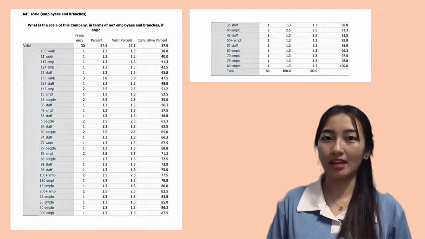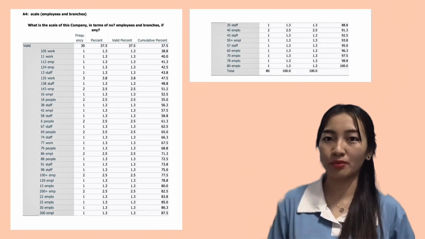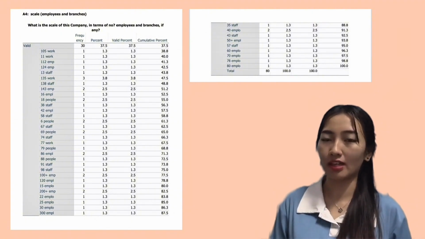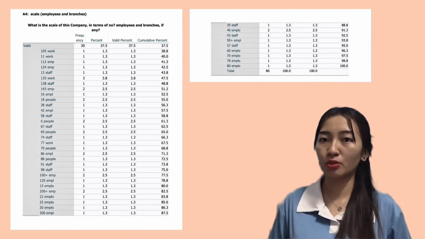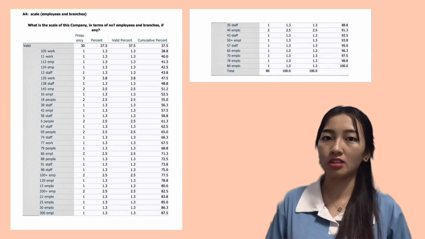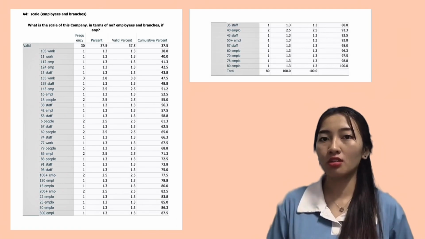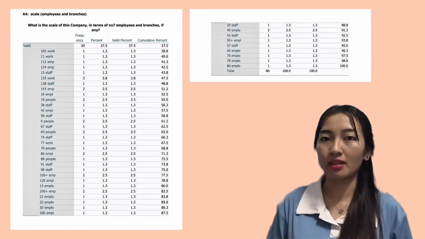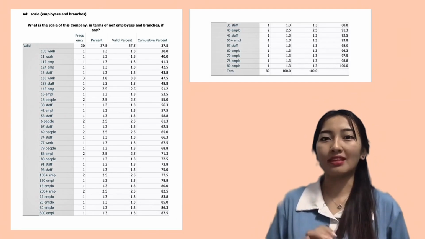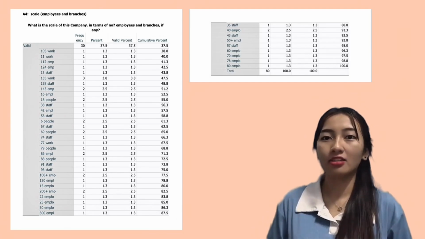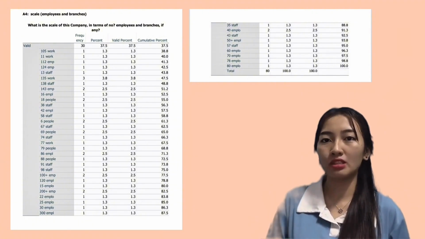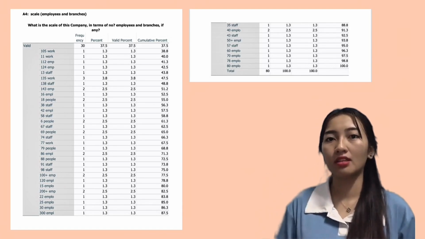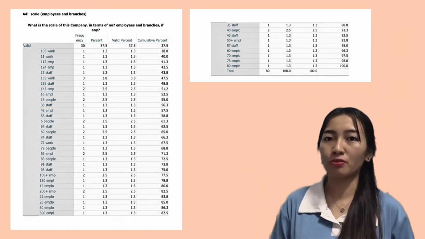The data we gathered asked respondents to indicate the number of employees in their companies. While they used different words like staff, people, and workers, we standardized all of these terms to mean employees. So from the responses, we observe a wide range in company size, from as small as 6 employees to as many as 300 employees. The largest company in the dataset had 300 employees, mentioned by one respondent, and two others said their companies had over 200 employees, making them part of the large companies.